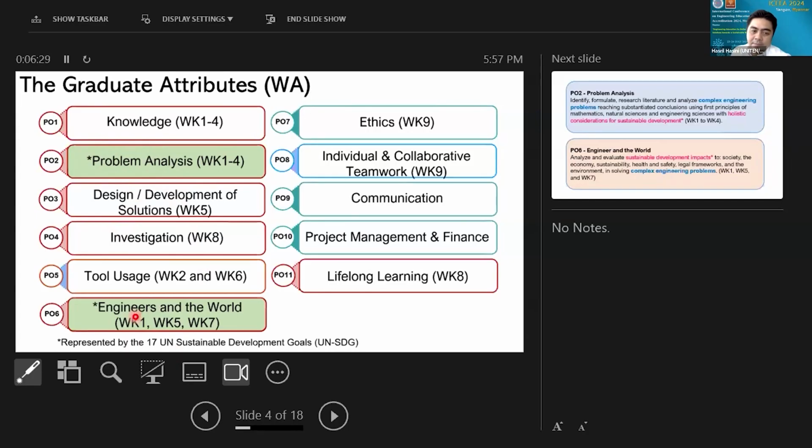So this is clearly mentioned inside the IEA paper, or shall I say the new standard expected from our engineering graduates.